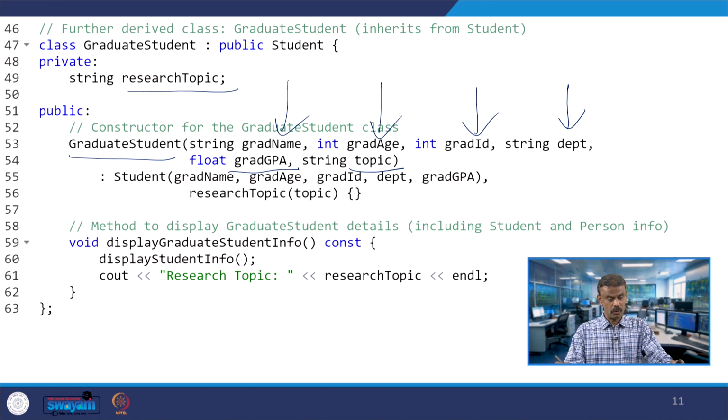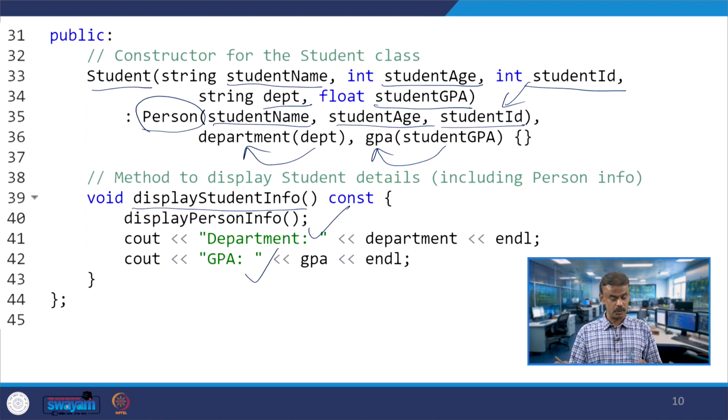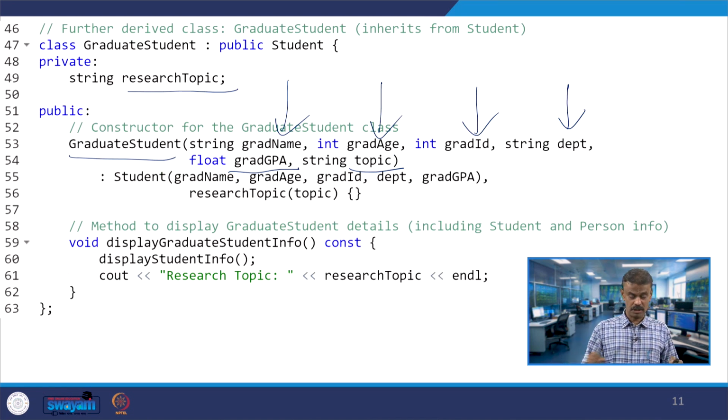Now when I call the student constructor, you require student name, student age, student ID, department and student GPA, 5 parameters, right. So, you are passing grad name, graduate student age, grad ID, department and grad GPA, and then the research topic, comma research topic, that means topic is assigned to research topic.